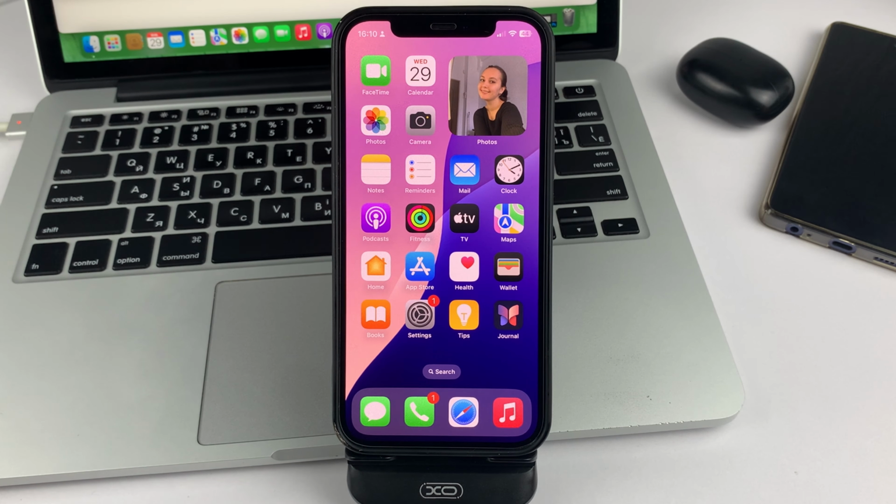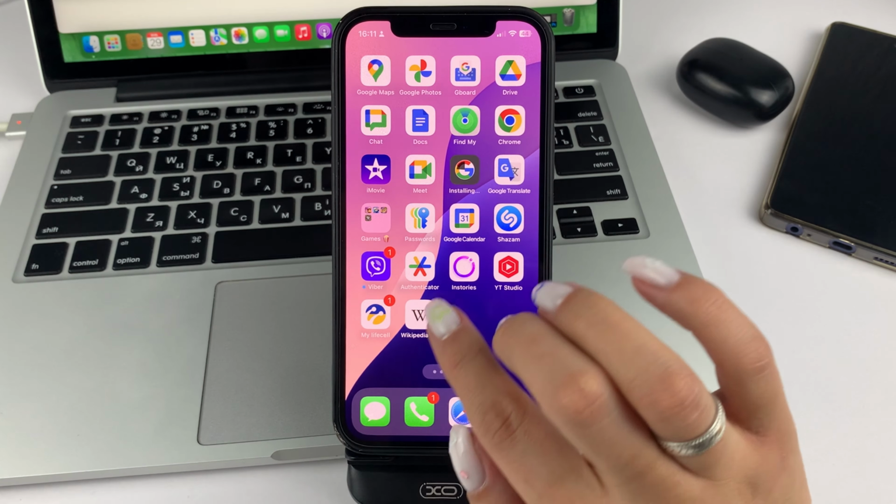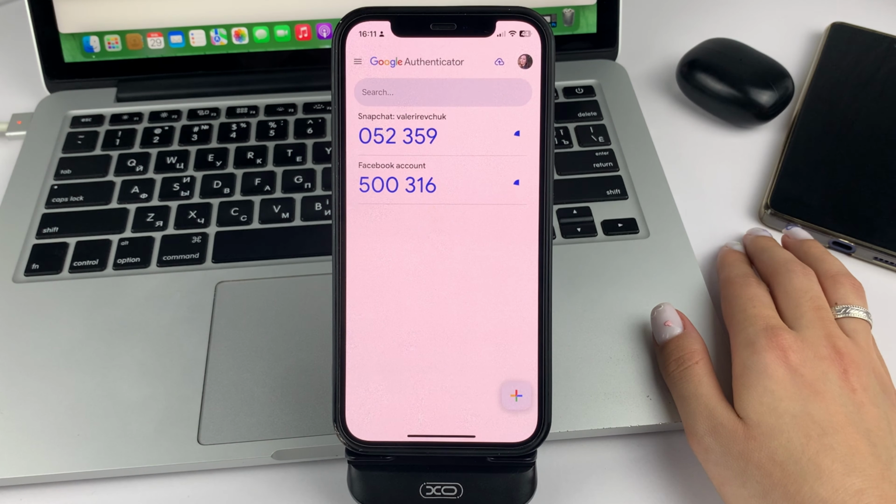So let us get down to our topic, and now I will show you everything in detail. If you would like to set up your Google Authenticator perhaps on some different device, it is not difficult. You can set it up using the Authenticator QR code that you already have on your device. So, first of all, please open the Google Authenticator app itself on your device.